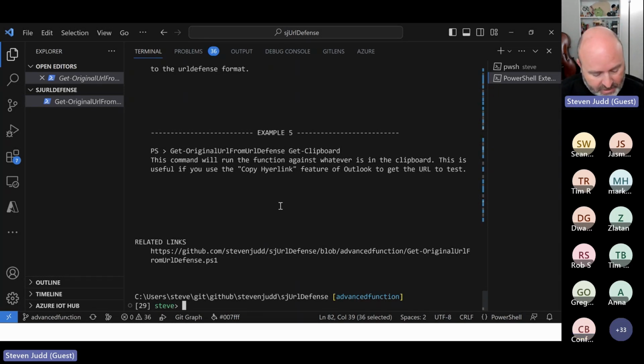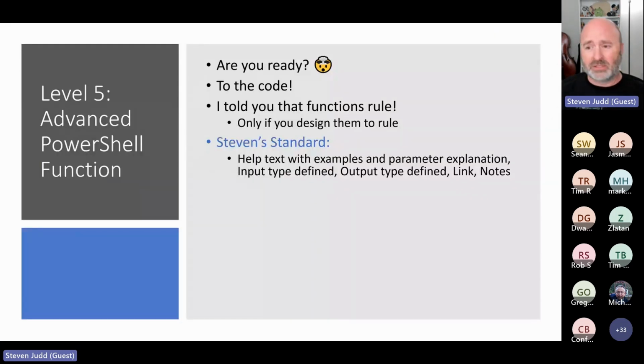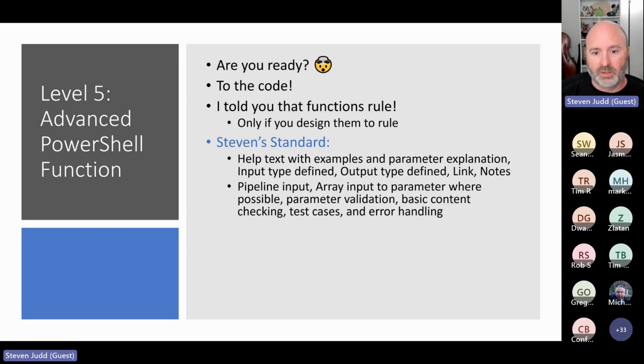Exactly right. So now I can take this function that I've written and hand it off to someone else and say, hey, this thing's been written. You just got to load it, however they load it. Or you push it out through your internal policy method where you push out functions. And so now everyone has this. All you have to do is right-click your URL and send it through the Git clipboard, etc. That's one way to do it.